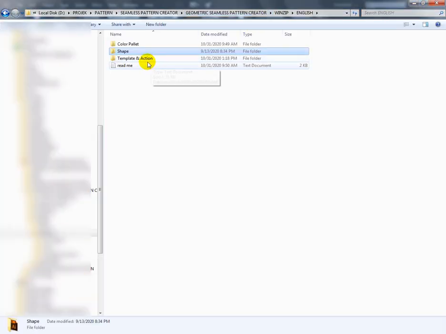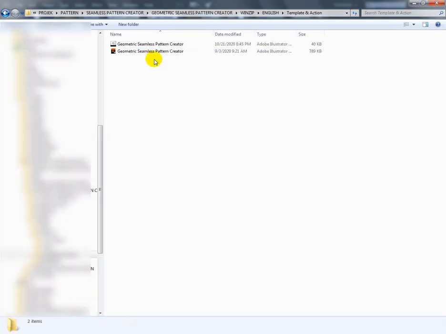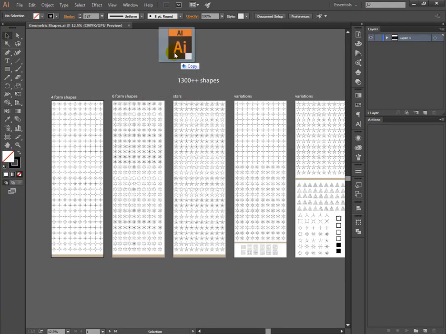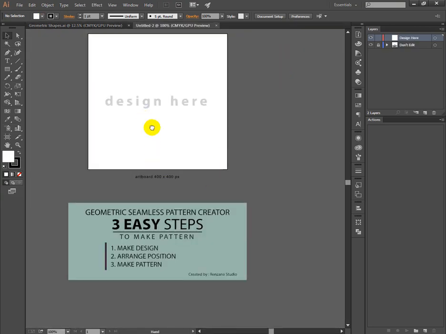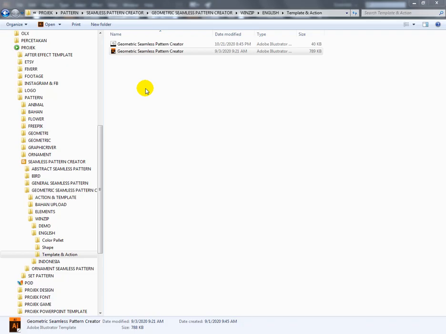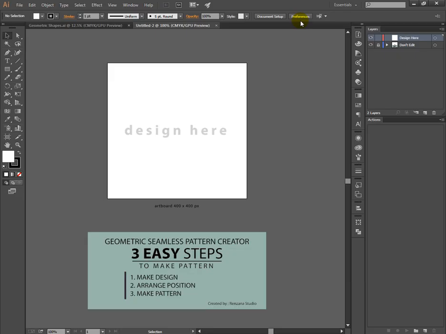Go to template and action, click the template, open it, okay, like this. And then we go to action tab.